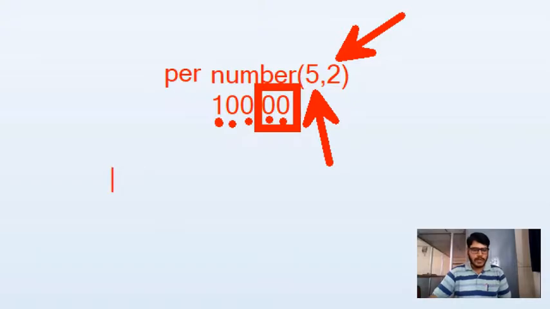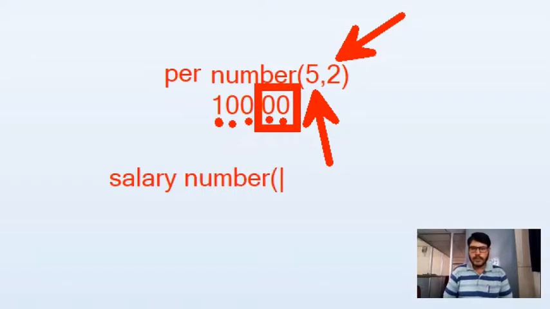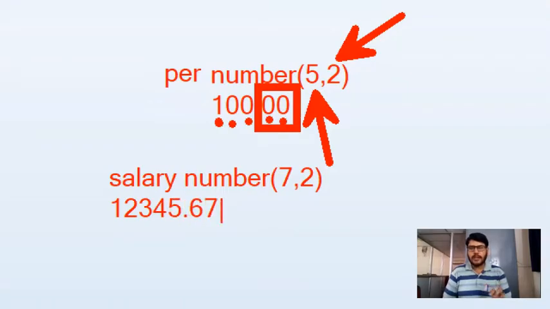Assume that I want to store a salary. So again, number. Now out of 7 digits, I'm going to specify 2 digits for scale values. So in this case, what happens? 1, 2, 3, 4, 5.67. So this is how it is going to reserve memory. Out of 7 digits, 2 digits will be considered for scale values, that is nothing but the decimal section or fractional part, and the remaining 5 digits it will consider for the integer section.